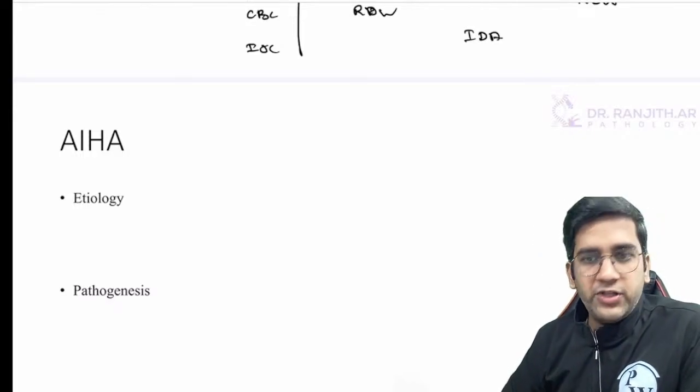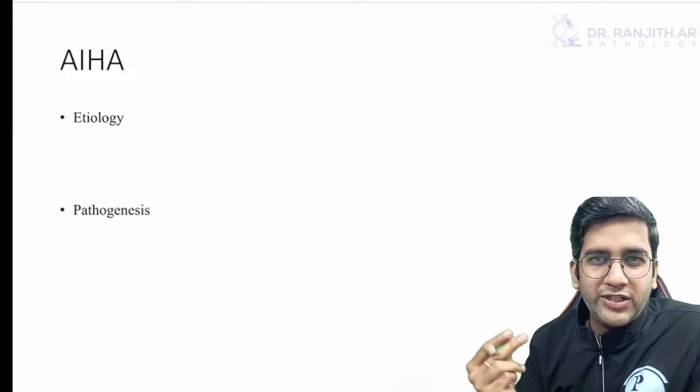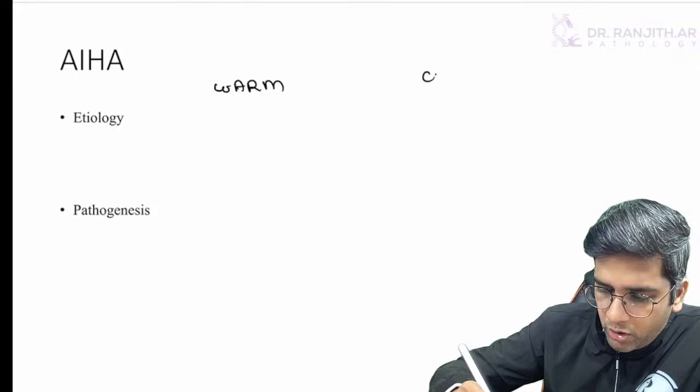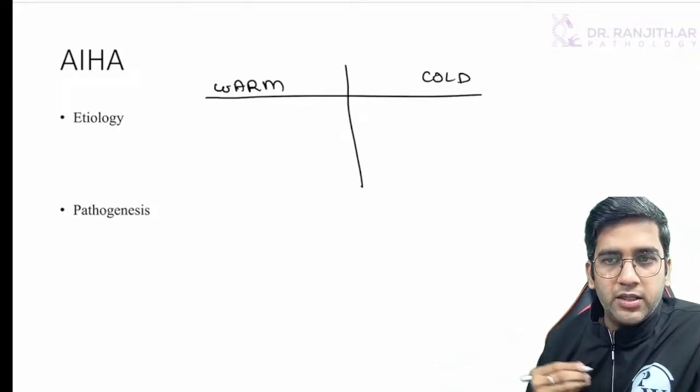In case of an autoimmune hemolytic anemia, we have 2 types. Actually, there are 3 types. If you learn 2, that should be more than enough for us. We have warm and we have cold autoimmune hemolytic anemia, right? So the warm autoimmune hemolytic anemia,